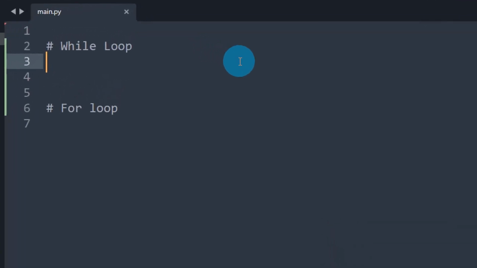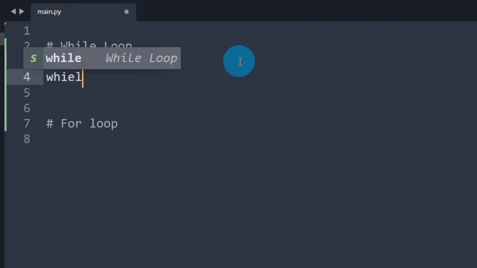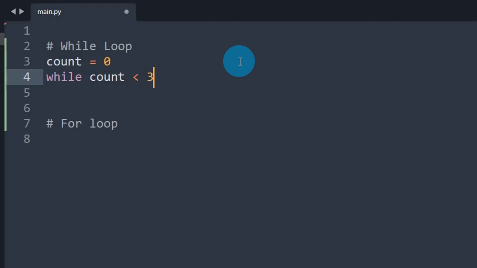Okay, let's see how we write code for while and for loops in Python. As I explained in the slide, let's initialize a variable count equal to 0, then while, all in small letters, count less than 3, colon. Similar to an if condition, here also we have this condition. The comparison operator here is less than.